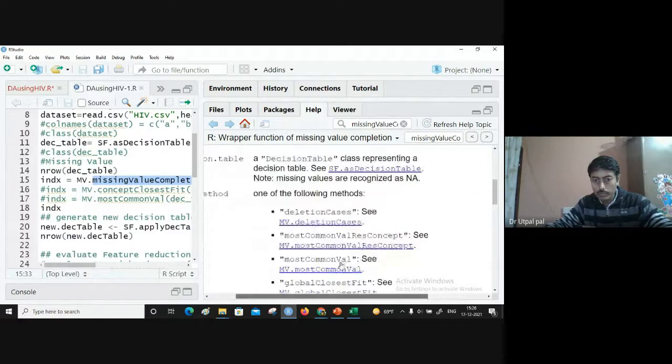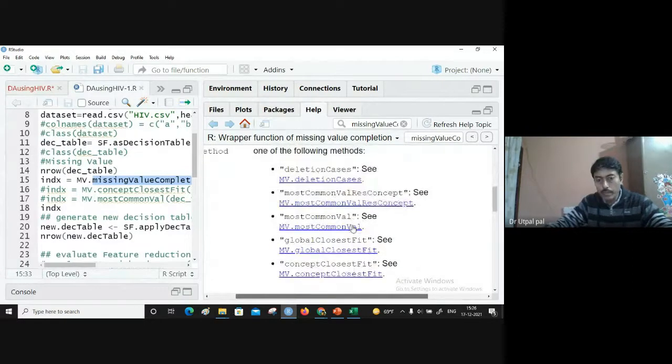Several methods are available: deletion cases, most common value, global closest fit, concept closest fit. These are all different options. You can put any method from there. As you change the different methods, your result may vary, so the method which gives the best result may be chosen.